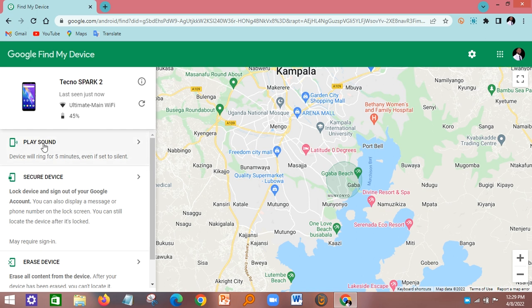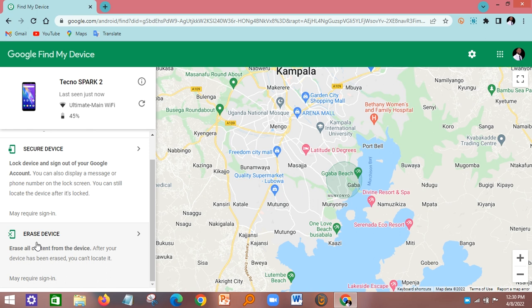Yeah. And here they are going to actually give you other options of how you want to find it. Should you play sound? So maybe you think it's around you, or it's around your house, and you want it to play sound, so you can hear it and then get it. Or if it's been stolen, then you want to secure it. Maybe it had no password. Or you want to sign out of your Google account so that people cannot actually access your information. Or actually, if you want to erase the device completely, so you can wipe all the data on it, and then